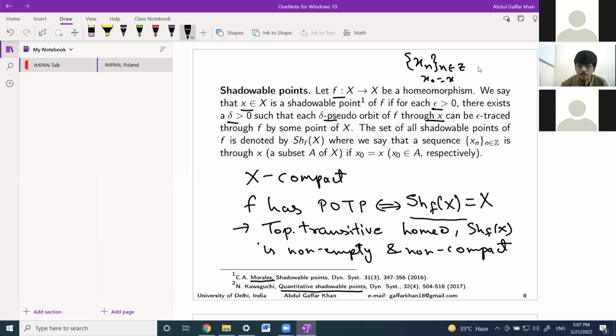That is, if F is a topologically transitive homeomorphism, then either the map has the shadowing property or the set of all shadowable points is empty. So this is one of the important applications that come out of the shadowing property from the viewpoint of pointwise dynamics. Some other applications have also been studied, such as I have remarked earlier, like the fault stability theorem and sufficient conditions for entropy, as well as chaos later on.